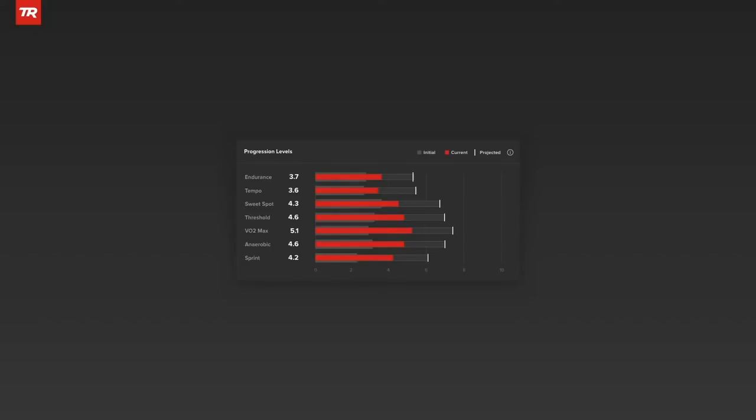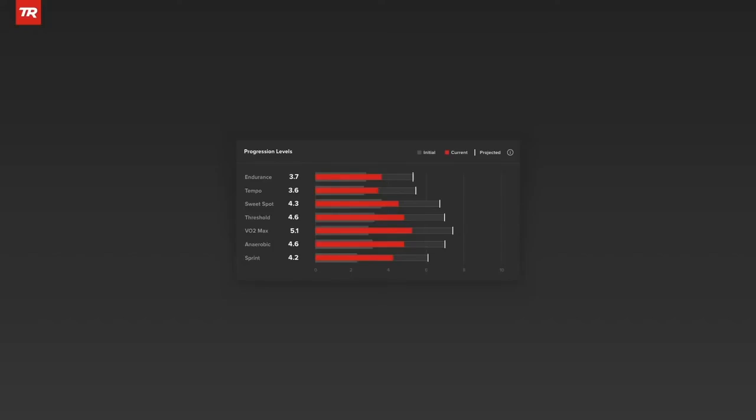And we've also used our data. I alluded to this a few weeks ago, maybe a few months ago: the relationship between how hard a level you can do in one workout energy system and how that relates to your performance in another energy system. We use that data to create these projections here too. And this, built in with our plans, allows you to see what your projected level inside of that system is going to be at the end of your plan, like what your threshold level will be and where you started. For instance, this athlete has increased all their levels and it's projected a lot in the future.